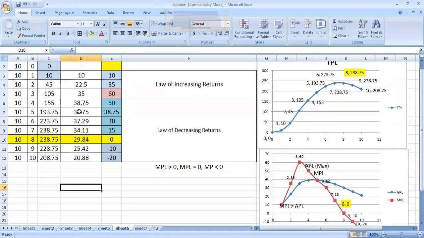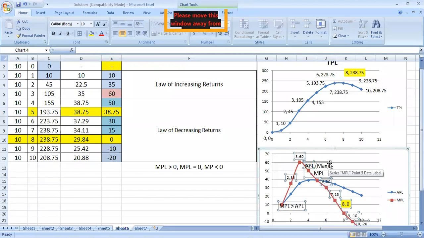Okay, if you could see the column, here is the value, the one which I've just highlighted within the table, right? Here we are using 5 units of labor. At 5th unit of labor, you could see that APL has reached maximum and it is equal to MPL. This is the second point that we have over here,